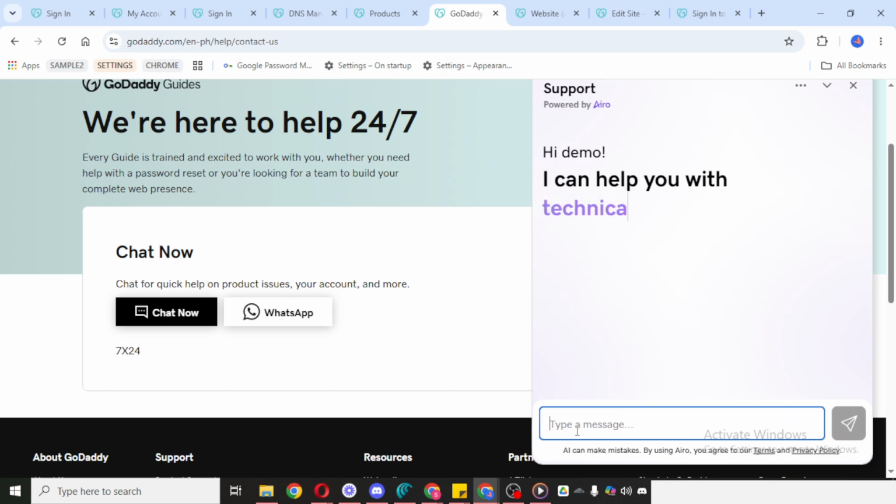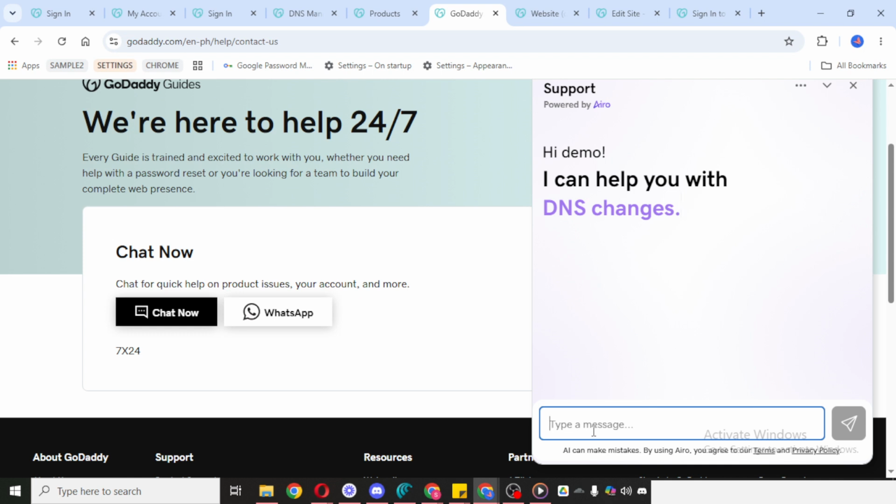When the chat window opens, explain your issue clearly and briefly so the support team can understand what you need right away. It can help to mention the product or service involved and describe the problem in a simple, direct way. As a helpful tip, before starting the chat, it's a good idea to have any important account or product details ready so the conversation goes faster. Just make sure not to share sensitive information unnecessarily in the chat, unless the official support process specifically asks for it in a secure way.